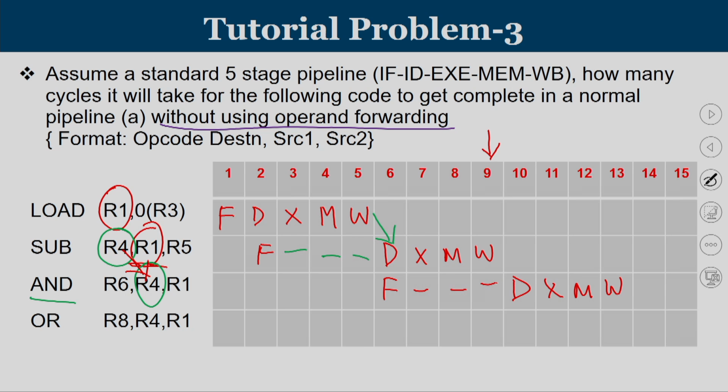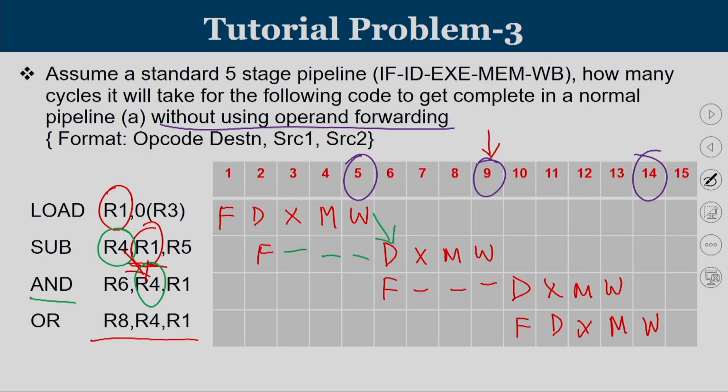These are the stalls. Now, if you look at the last one, there are no dependency issues there. So, it can be assigned in its normal time slot. So, the whole set of instructions will get over at clock cycle 14. To conclude, the first instruction will be over at 5, the second instruction's decode is possible only at 6 because it should happen after 5. So, the second instruction gets over at 9.